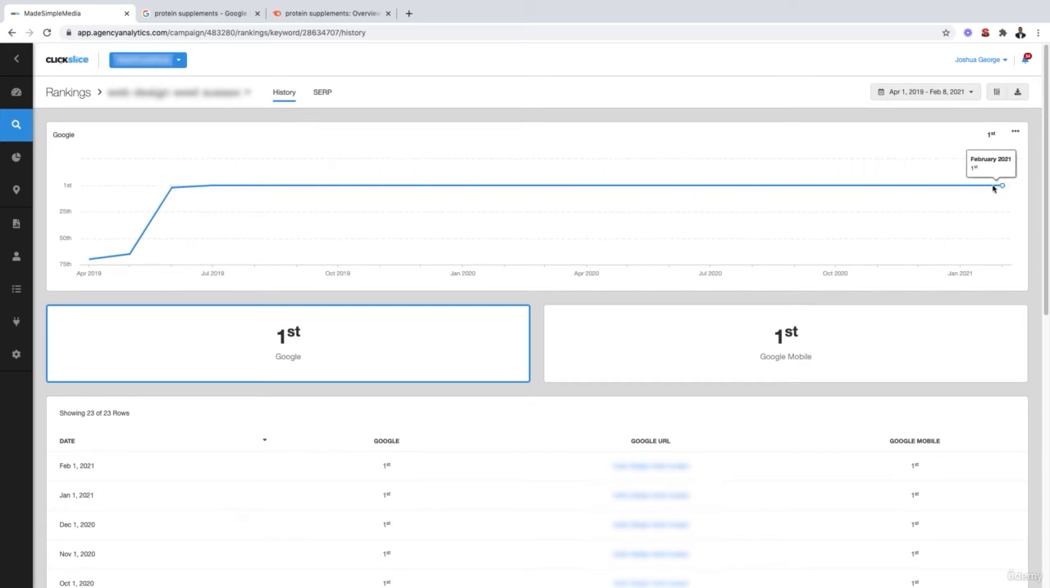Fast forward to 2021, which is the time I'm recording this video right now. You can see they're currently in position 1. Their site has not dropped whatsoever since we added the supporting content. So hopefully this just shows you just how impactful adding topically related supporting content can actually be when it comes